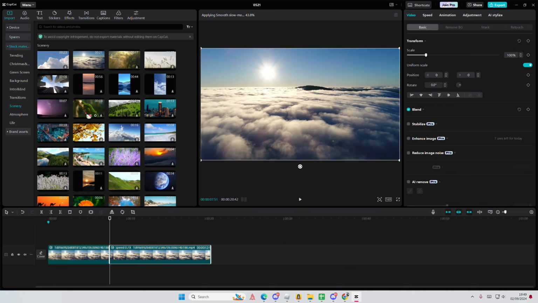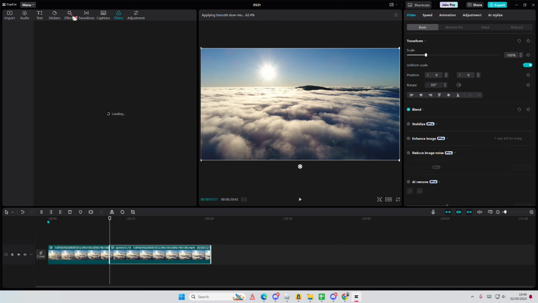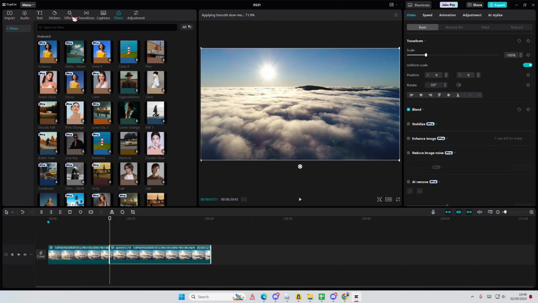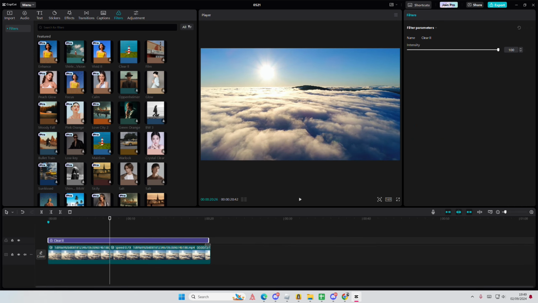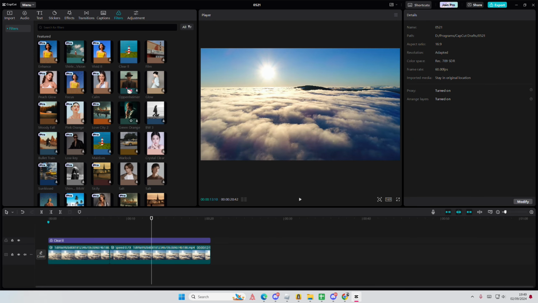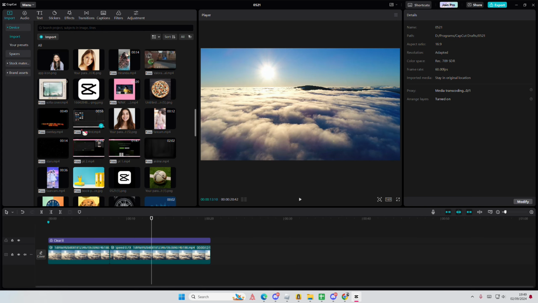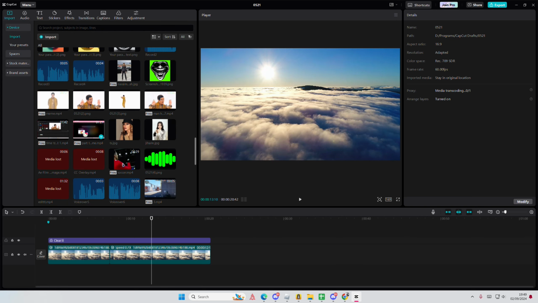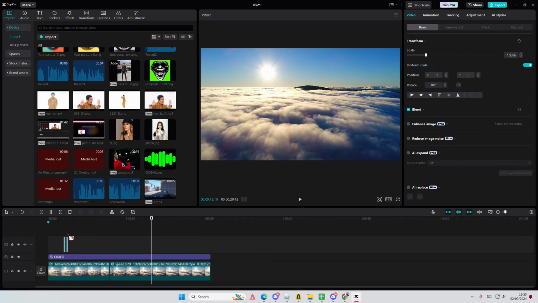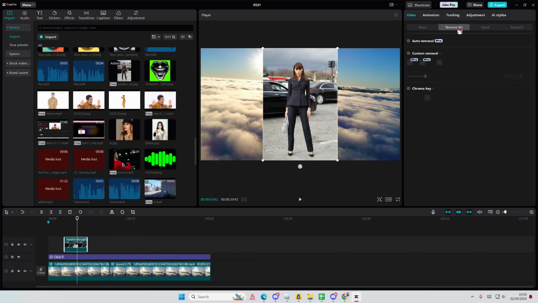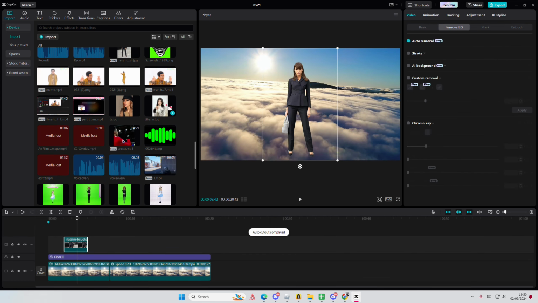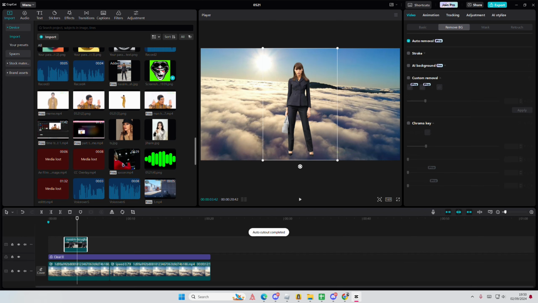And you can also add in filters, stickers, captions, effects, like that. You can remove background from a video. You can also, here I'll show you, you can also remove green screen as well here